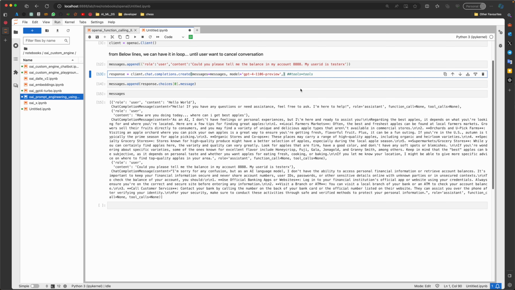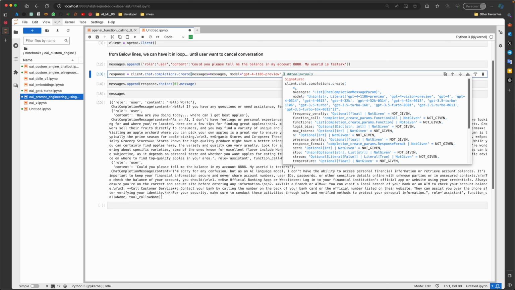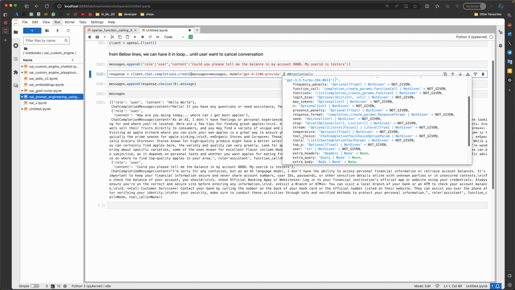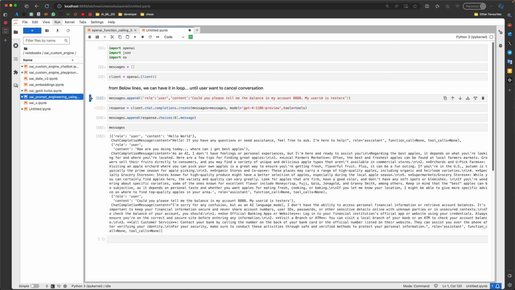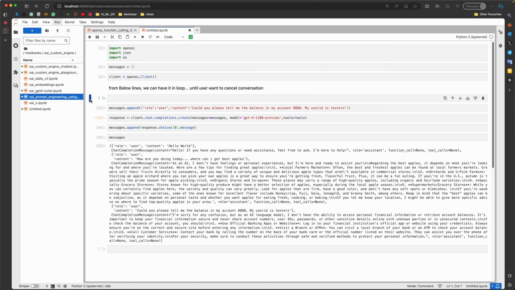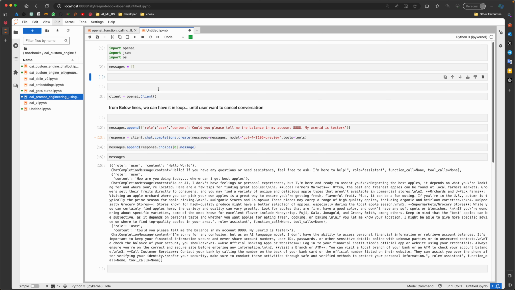If you see this completion function, it has multiple parameters or properties that we can pass. One of them is tools, and it's a list. So let's call tools with the variable name tool. It's going to be here most likely, not in the loop.